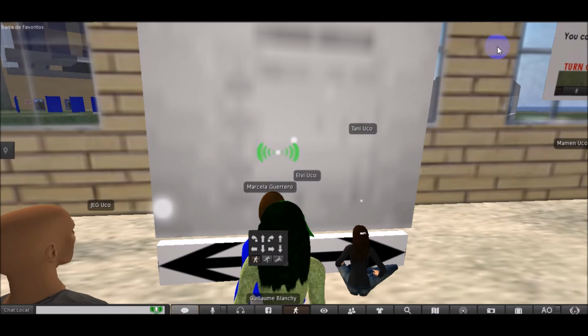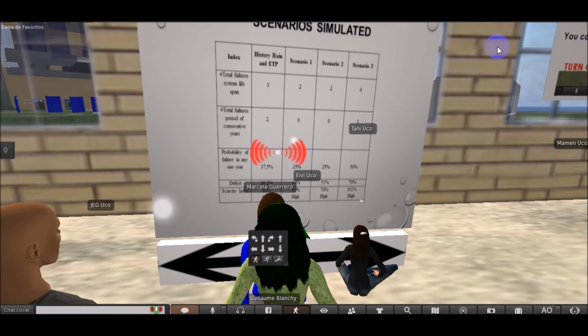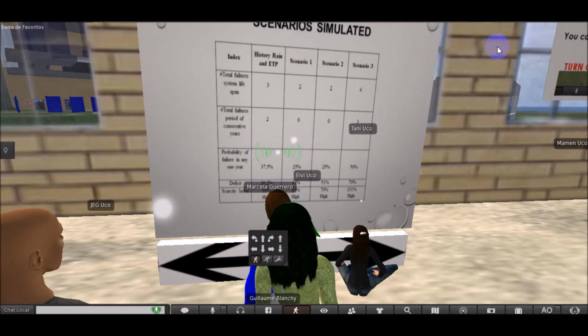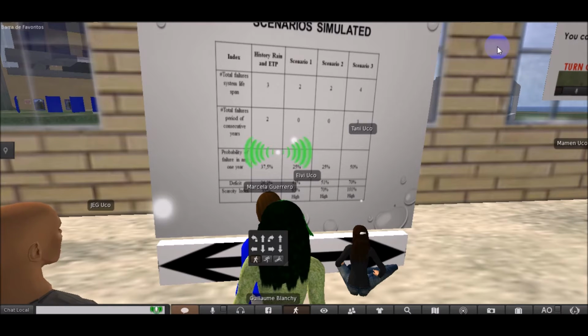Scenario simulated: total number of failures over the system lifespan. History range evapotranspiration 3, scenario 1: 2, scenario 2: 2, scenario 3: 4. Number of total failures per period of consecutive years: 2, 0, 0, and 3 in scenario 3. Probability of failure in any one year: 37.5%; scenario 1: 25%; scenario 2: 25%; scenario 3: 50%. Deficit: